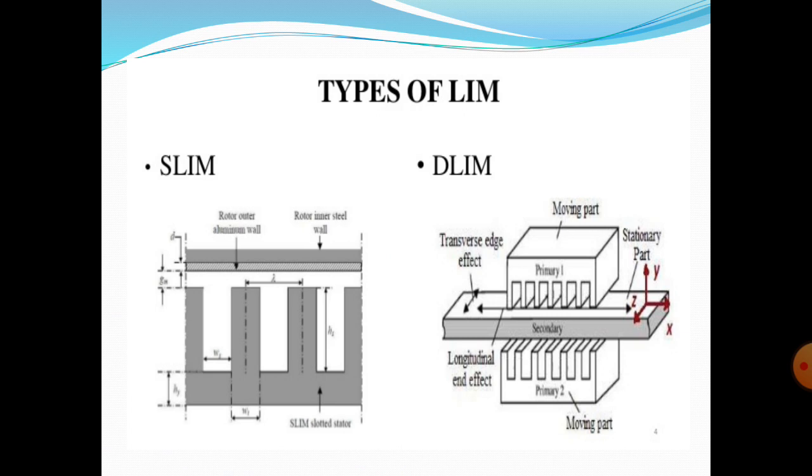The most common linear induction motor is the three-phase linear induction motor, where the supply is a three-phase supply. There are also single-phase LIMs and shaded pole LIMs for low speed applications and low thrust. Low thrust means low forces, less than 50 Newton, are also feasible when only a single-phase supply is available. And these are the basic types of linear induction motor.